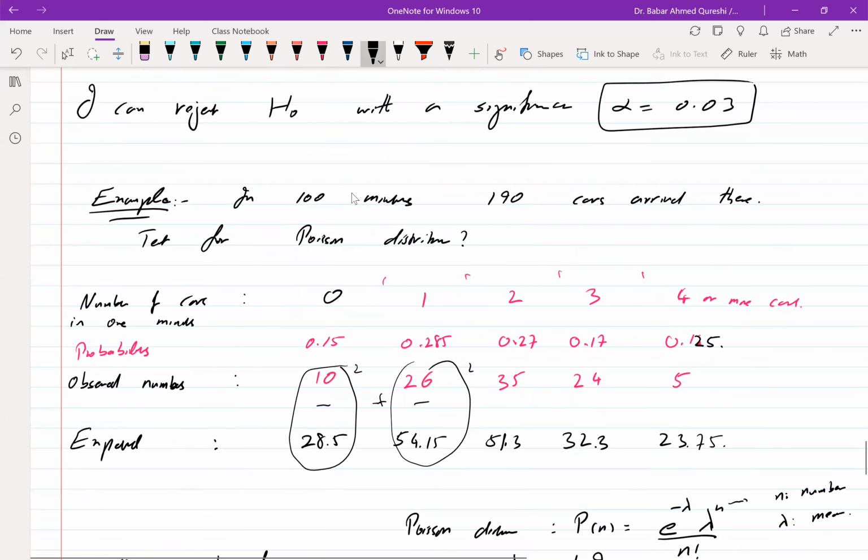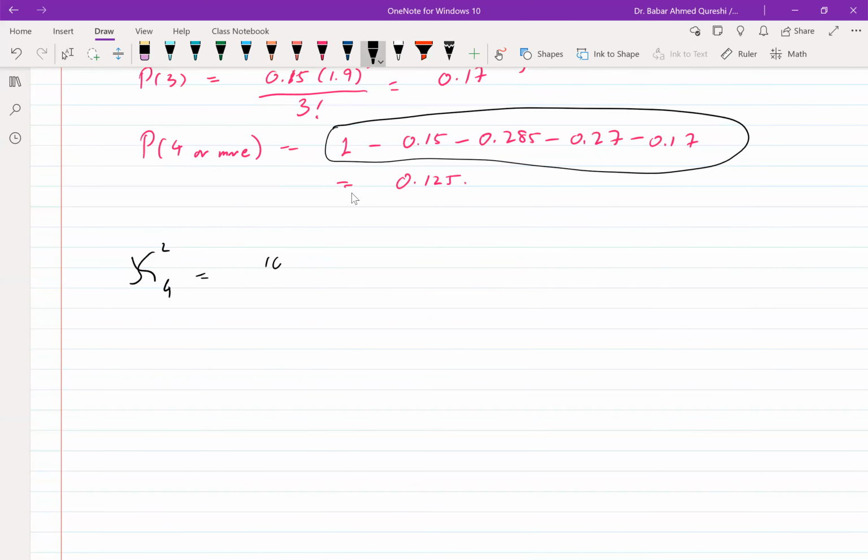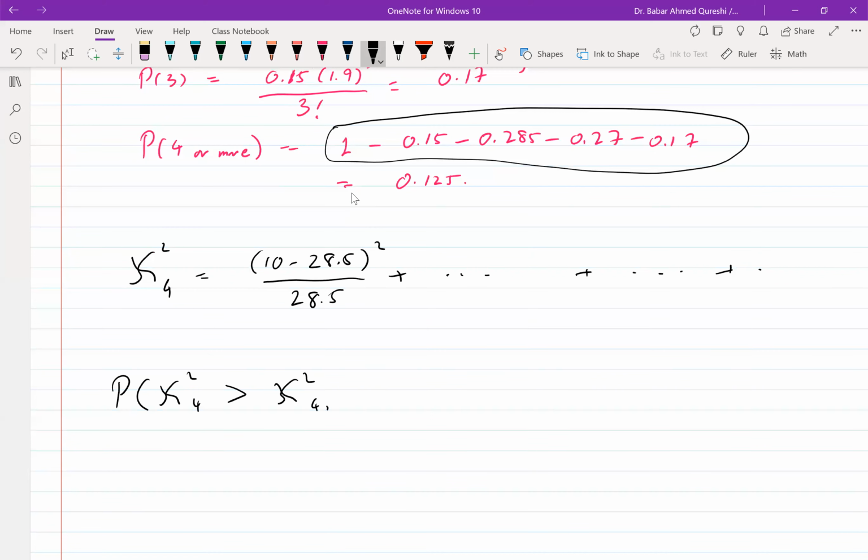And I'm computing numbers like this: 10 minus 28.5 square, and put the expected here. All of these, and then all you have to do is check if this is greater than